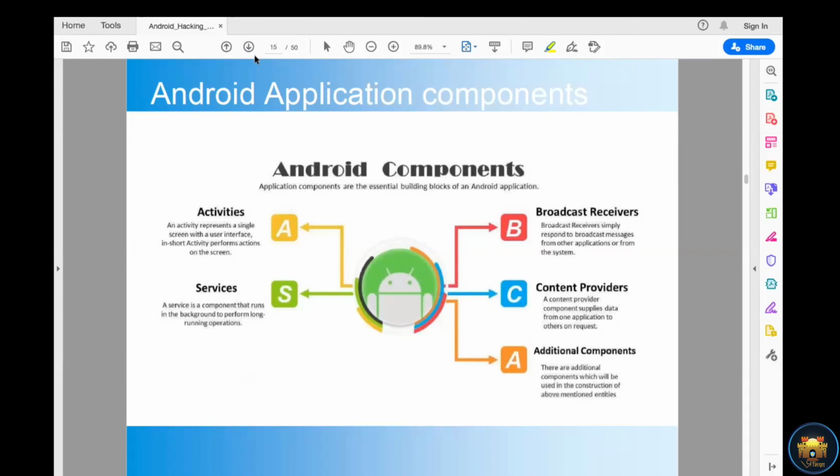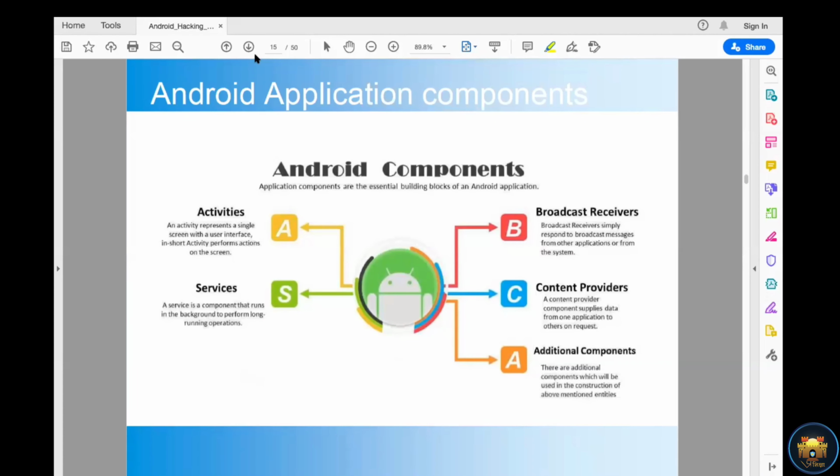If we talk about activities, what is an activity? Actually, an activity represents a screen with a user interface, and in short, an activity performs an action on the screen. Like if you open the Facebook application, a page comes up with a user interface, the login page. This is an activity. After you log in, another page comes, that is another activity.